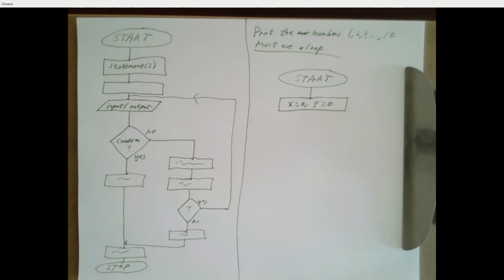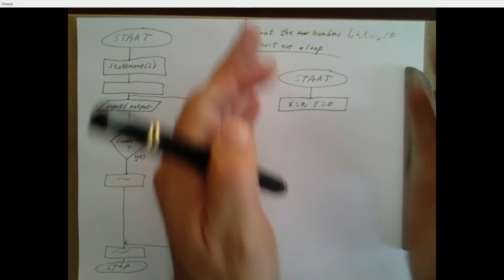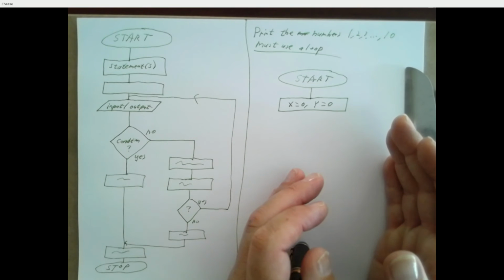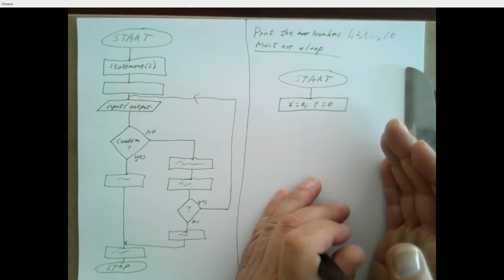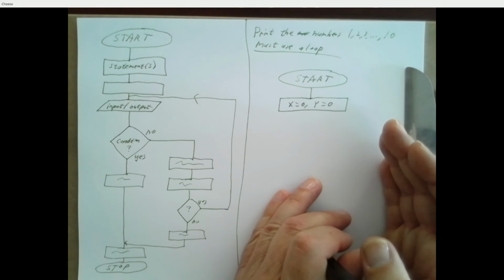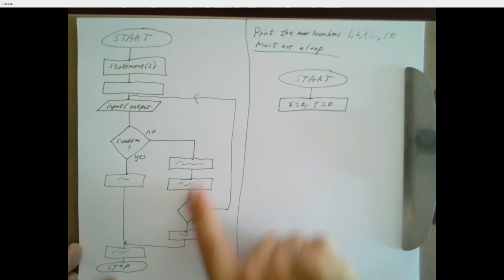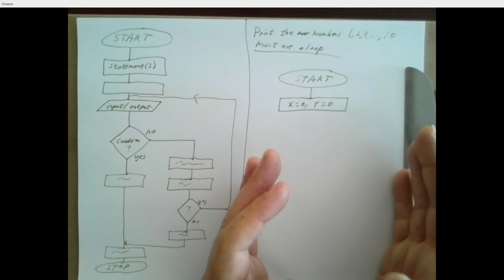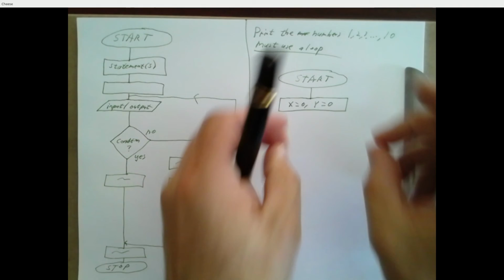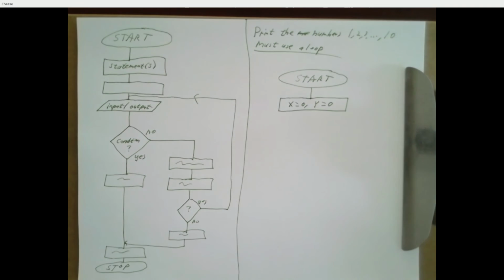And this is not C code, right? So I can do things like X equals 0, comma, Y equals 0. You want it to be something that's meaningful to you, okay? Ultimately, we would take this flowchart and we translate it into C. But translation is different from writing a program. Writing a program includes figuring out all of this logic, right? Once you've got a flowchart that spells out that logic, then you just take each block and you translate it into something in C.